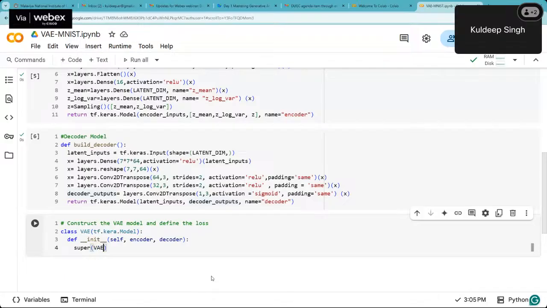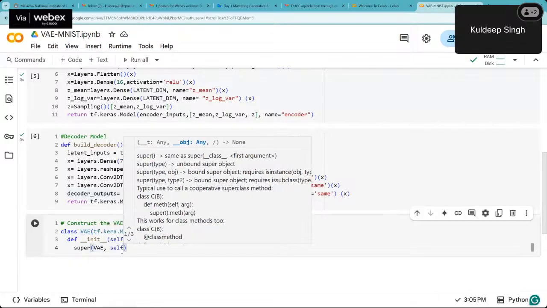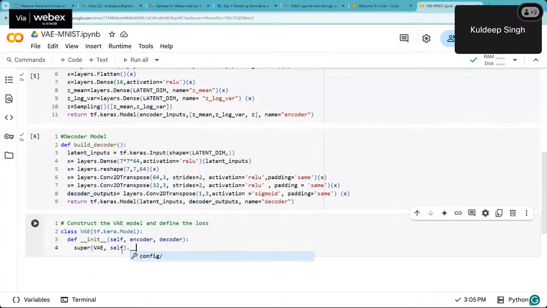But just don't get confused with that. You can directly use it. This is syntax related to the definition of the classes and defining the constructors of this class. So in the super function, we pass on VAE, then we call the init function. So by default, whenever this class is initialized or an object is created, this function is called, and this calls the encoder, and